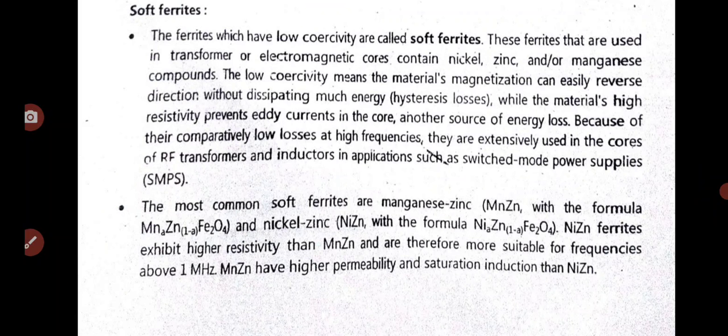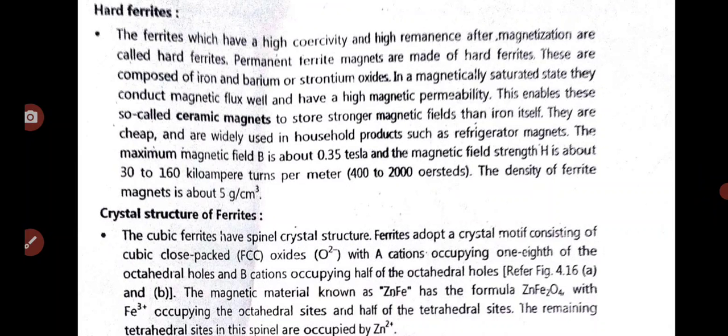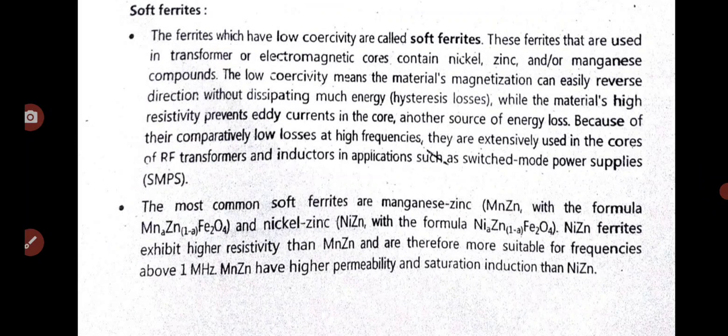Consider nickel zinc, that is NiZn, with the formula Ni(1-a)Zn(a)Fe2O4. Nickel zinc ferrite exhibits higher resistivity than manganese zinc, and is therefore more suitable for frequencies above 1 megahertz. Manganese zinc is considered to have higher permeability and saturation induction than nickel zinc. So that is considered a soft ferrite material,